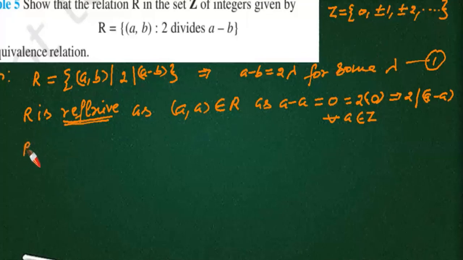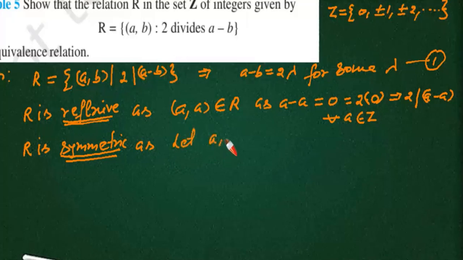Now relation R is symmetric. This relation R is symmetric as, let (A, B) belongs to relation R, which implies A minus B is 2 lambda for some lambda. Okay, it is by definition of the set